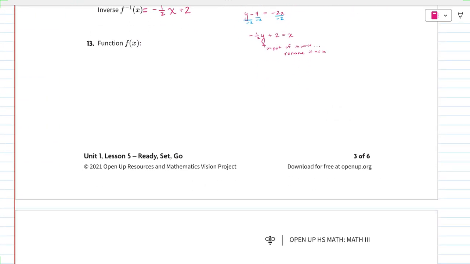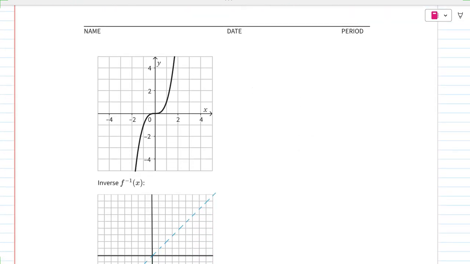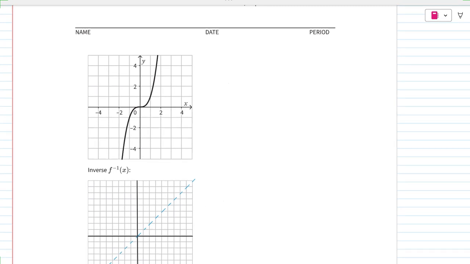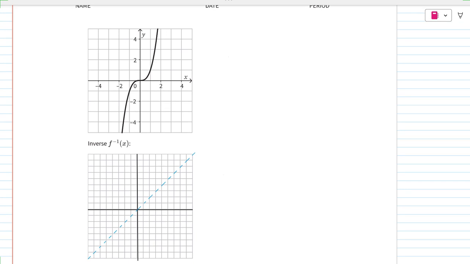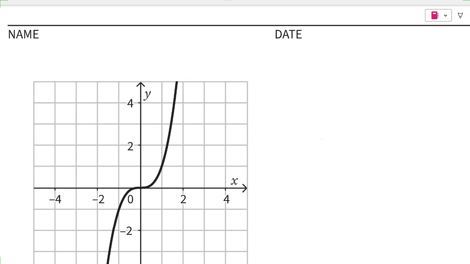Okay, problem 13. So problem 13, we have a graph again. So this one I'm going to try to do without showing a table. You can absolutely still use that table method, but instead I'm just going to highlight key parts and see if we can do it there. So here, if I look at the top right,